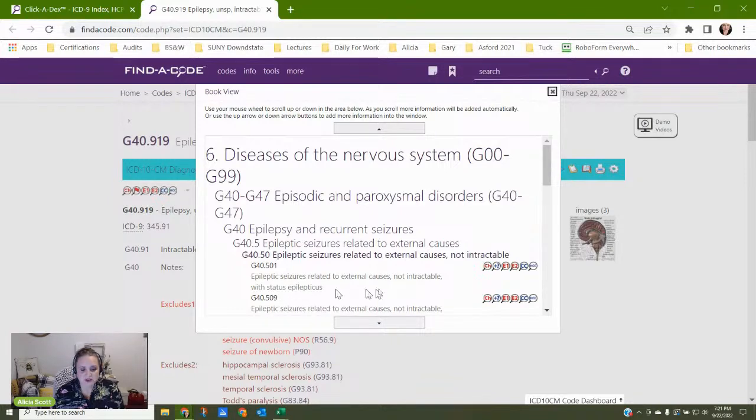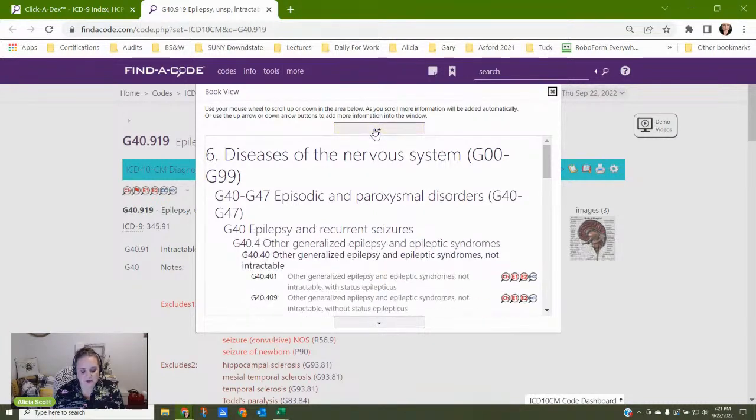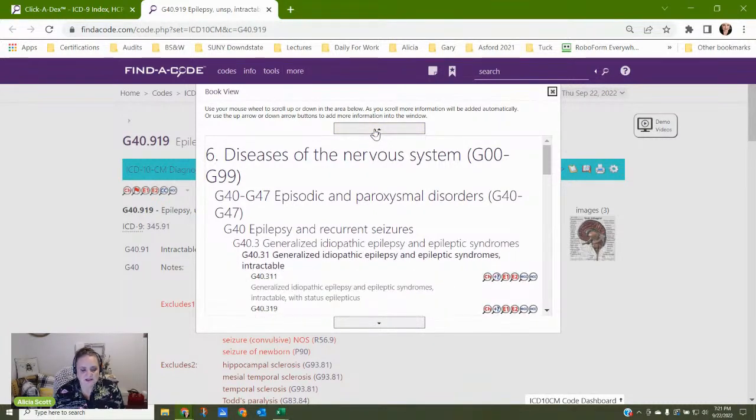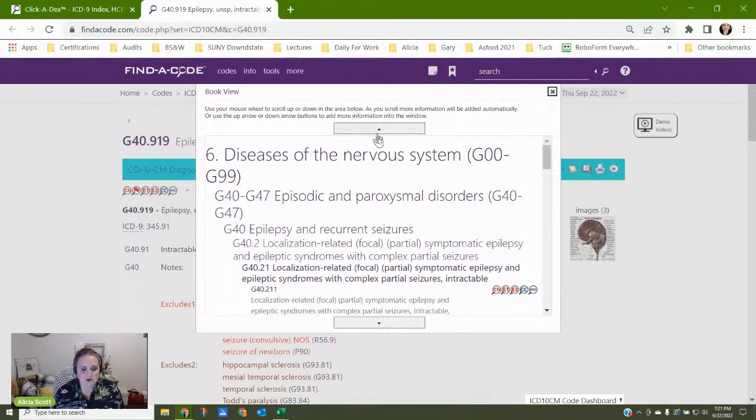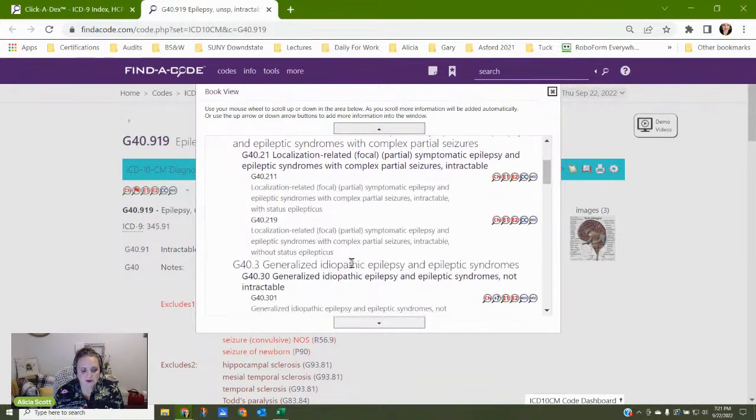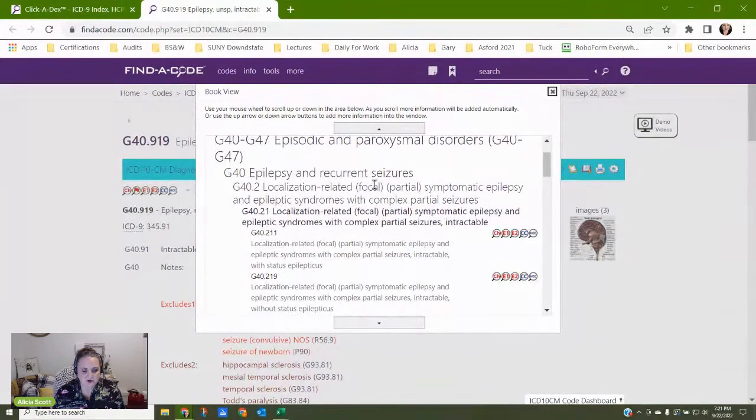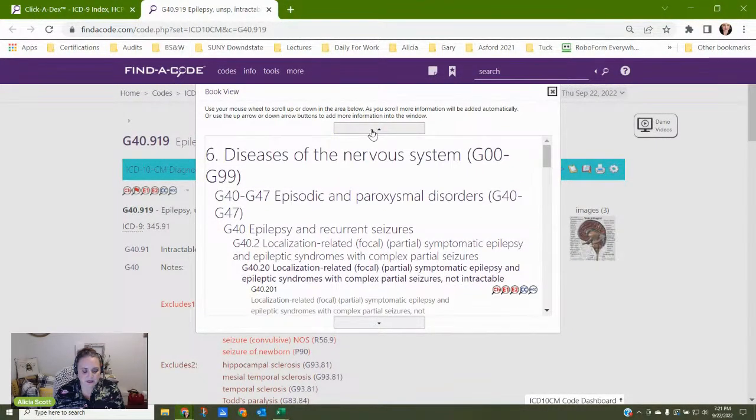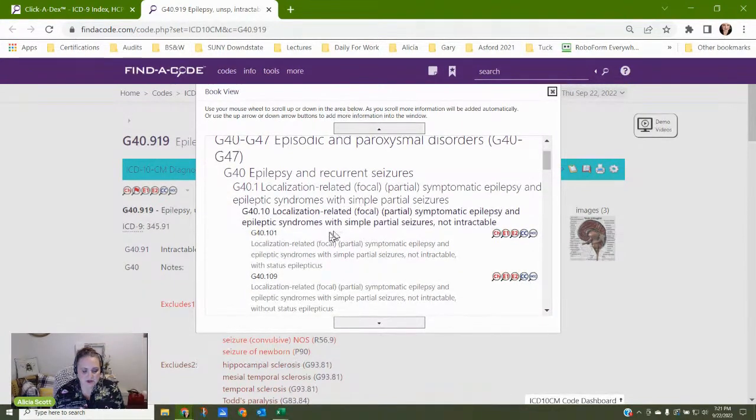So here is related to external causes, no. And then it's not idiopathic. His isn't. I want it to say localized frontal right here. Localized focal or partial. He's frontal lobe. I thought there was one that said frontal. Let's keep looking. And his is focal, I guess. But look at all of these localized,